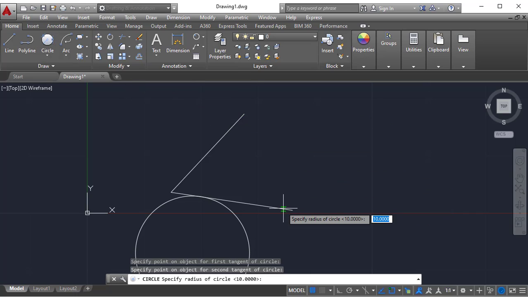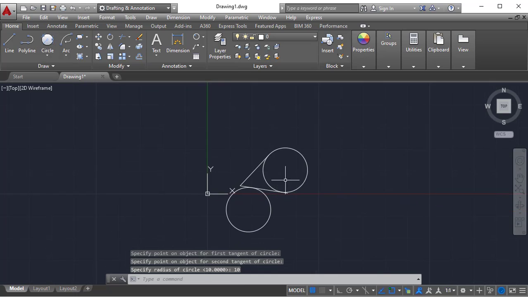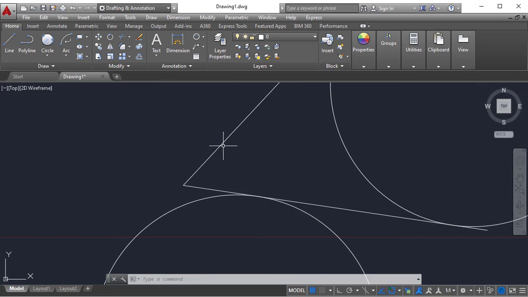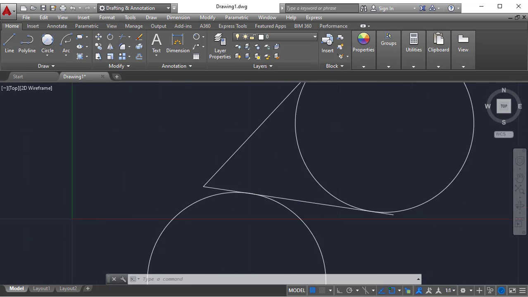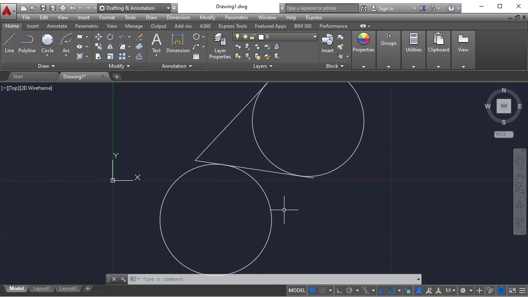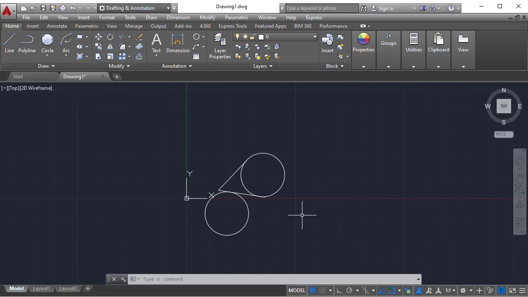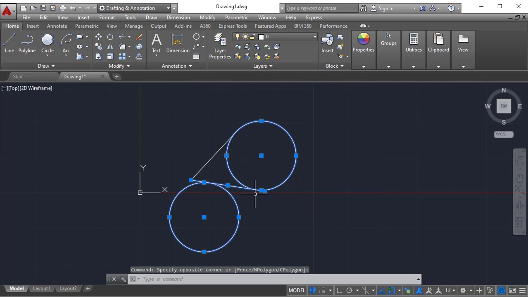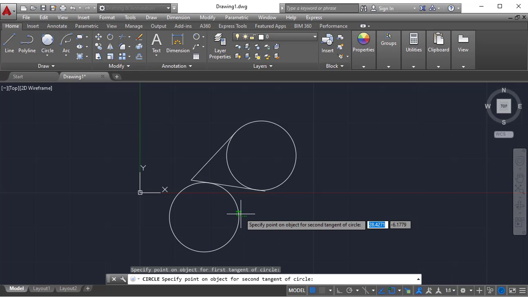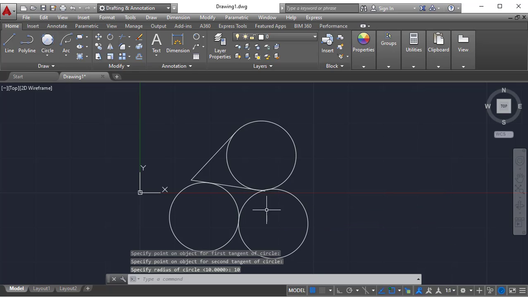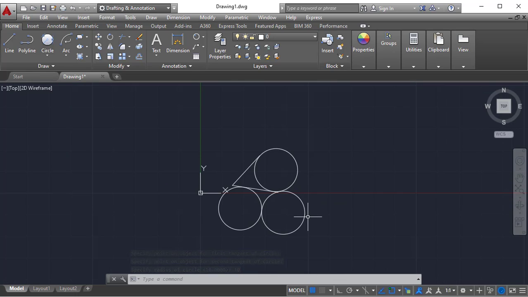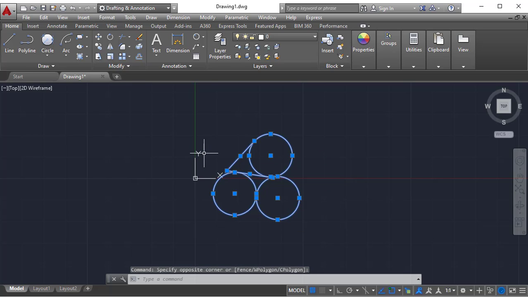Tangent radius 10. Both circles are the same, but the position is altered with respect to the lines, because the circle will be placed with respect to the tangent position where I have clicked. You need to remember that. And you can create it not only for lines but for circles also, like this circle with 10 radius. It will pass tangentially to any kind of object. So this is about tangent radius.